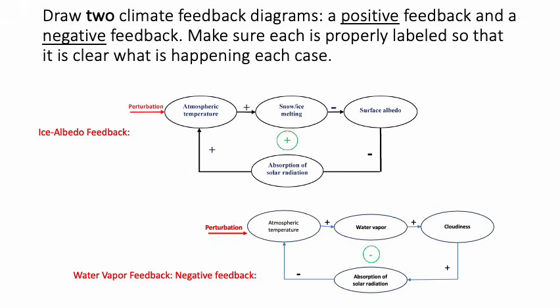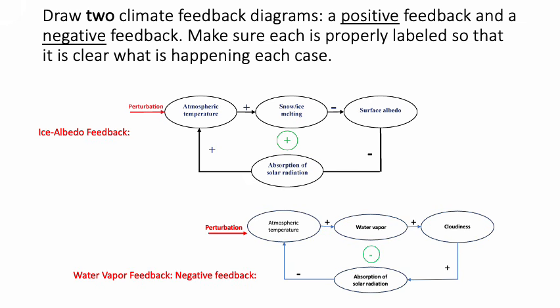In this question, I'm asking you to draw two climate feedback diagrams, a positive feedback and a negative feedback. Make sure each is properly labeled so it's clear to me, to the grader, what's happening in each case. You can use these two examples, or you can use other examples of your own, which would be even more interesting. So each of these, you need to indicate that there's a perturbation that sort of pushes the system out